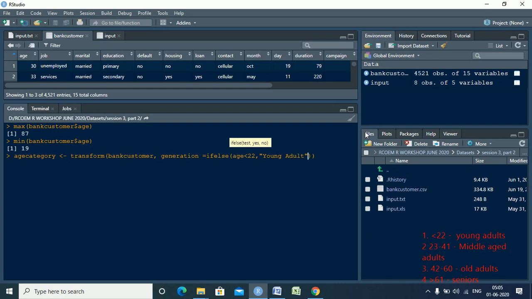Now if this condition is false, again a second ifelse, whether your age is less than 41. In that case you should become a middle aged adult. If not, again false, so again it will be a new ifelse statement.